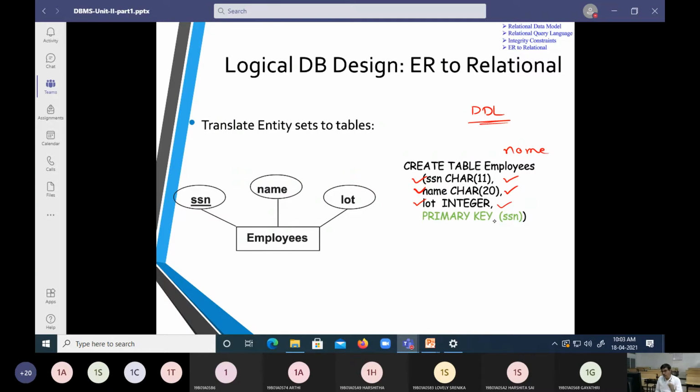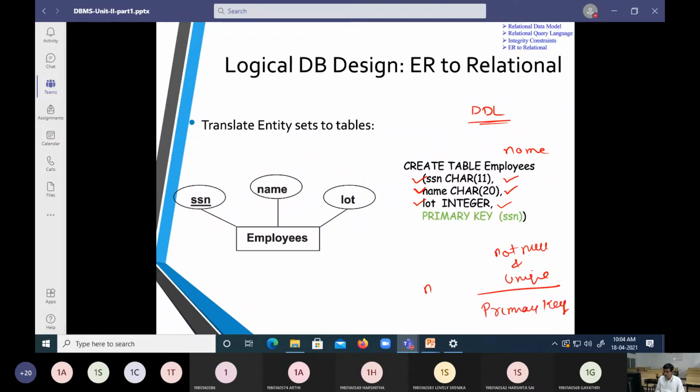Now, for an employee, I should have an employee ID. So for that, that should be not null and it should be unique. For that, I am going to define it as a primary key.